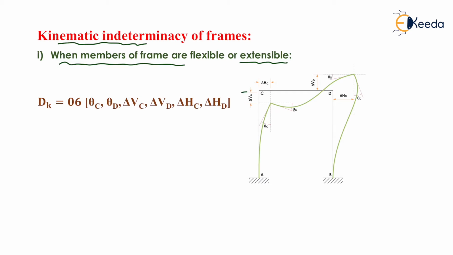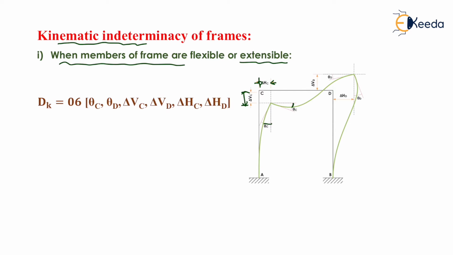vertical displacement, which is shown here, horizontal displacement, which is shown here, as well as the rotation will take place like this. Now at each joint there will be three displacement components, that is the vertical displacement, horizontal displacement, and rotation. So in case of flexible or extensible members in frames, at each and every joint there will be three displacement components, or three movements which are possible, that is the vertical displacement, the horizontal displacement,